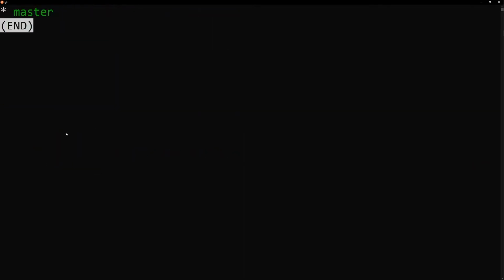Or git branch. And you'll notice that there is only one. As well, you'll see that there is this asterisk beside master here. That is telling us that is the current context. That is where HEAD, which is basically where we are making our changes, exists, and it's at the top of